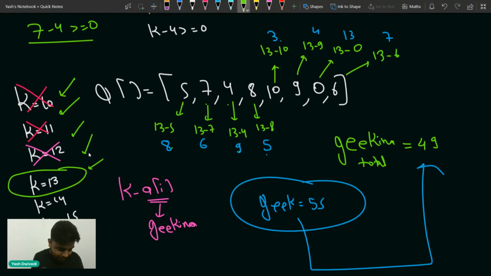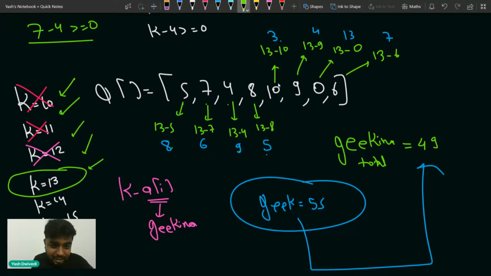How can I pick that value? Basically, at least k should be the maximum element of the array, because Geekina will drink at least 10 units of juice, so at least 10 units should be available.